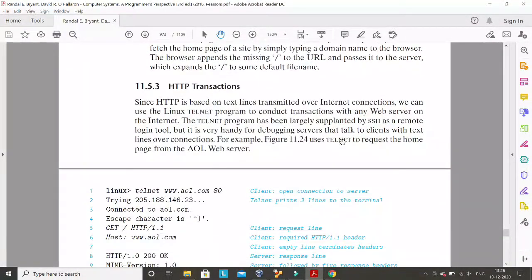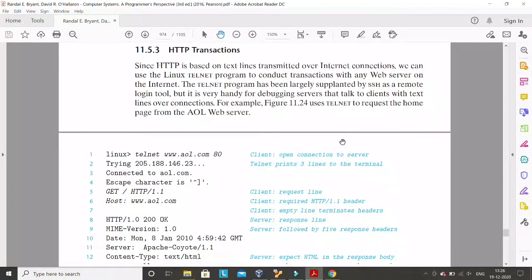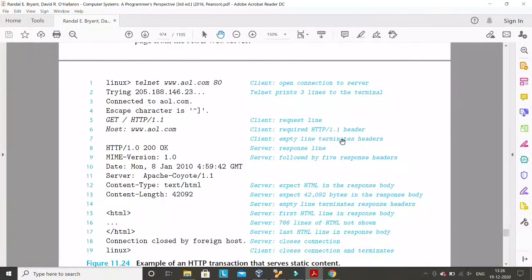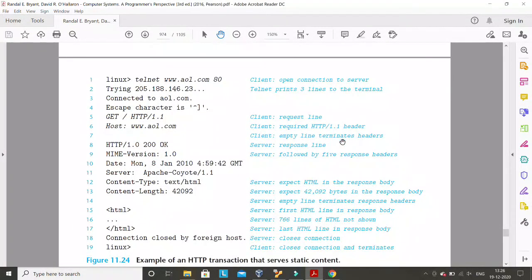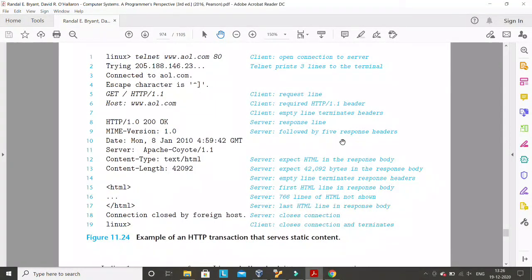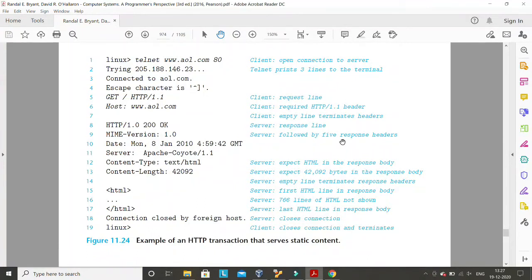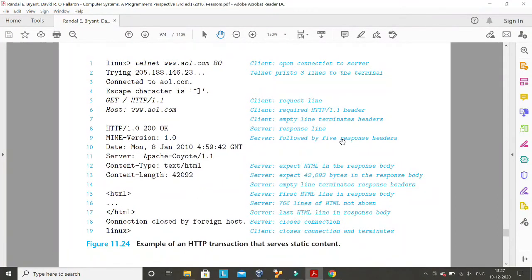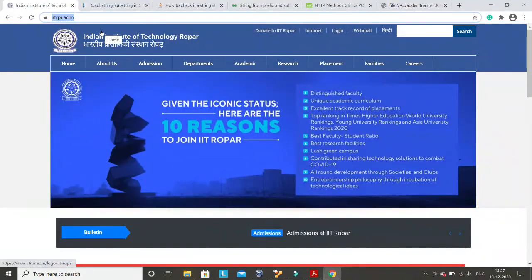And then HTTP transactions. Since we are requesting with HTTP, there are two important parts you have to understand: the request header and the response header. This book is not appropriate for understanding HTTP request and HTTP response. So what I will advise is that you search on the internet what is an HTTP request header and what is an HTTP response. HTTP request means whenever from the client side, for example from this browser, I write localhost and something and press enter, then this client is sending an HTTP request to the server.